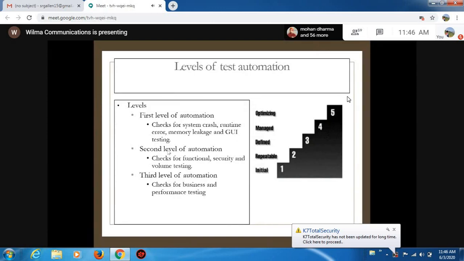You can also check the functionality, performance, and also memory leakage. Memory leakage is completely related to performance, like memory usage, memory resource utilization, memory utilization. So these are all the perspectives you can consider when you are going for automation testing. If you want to conduct automation testing for your project, these are the different areas where you can apply it.